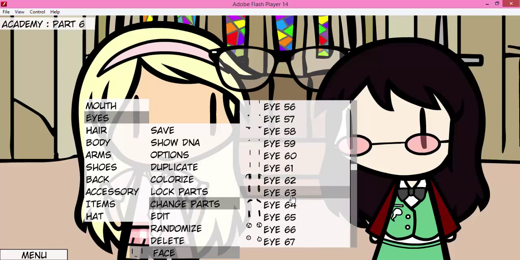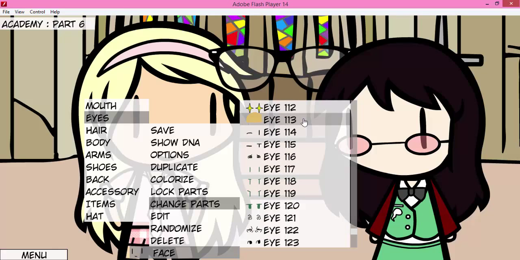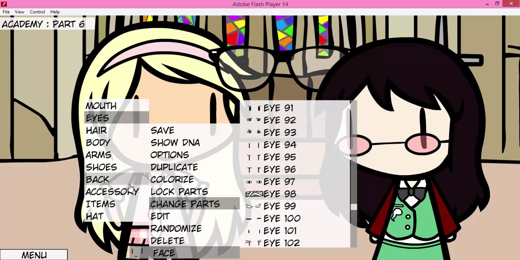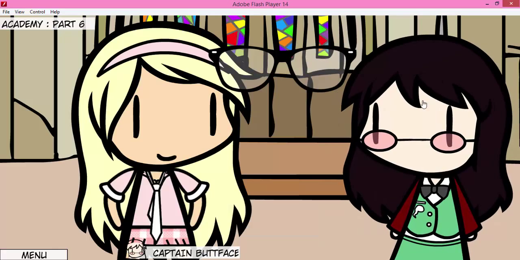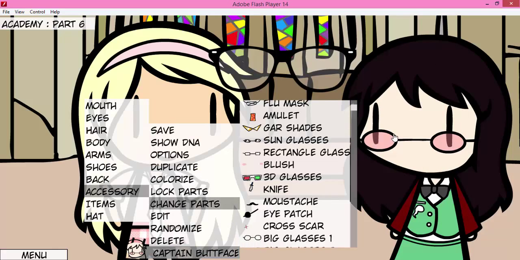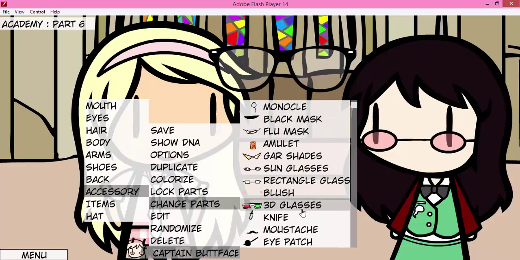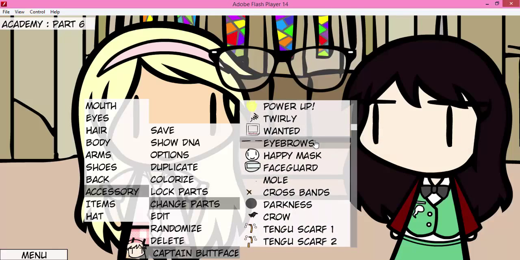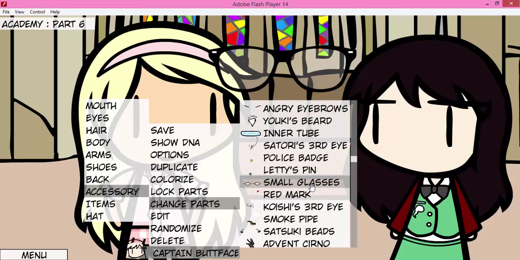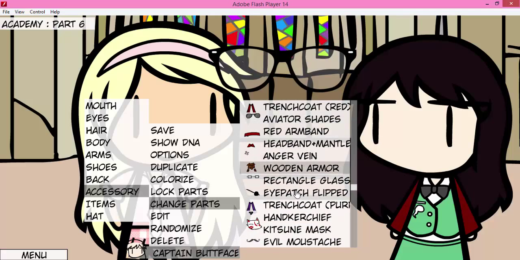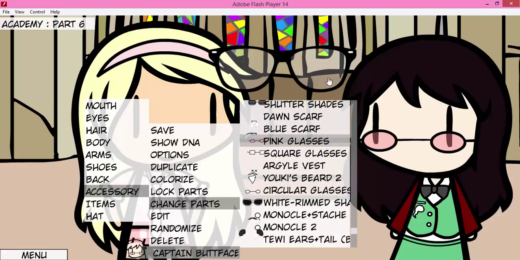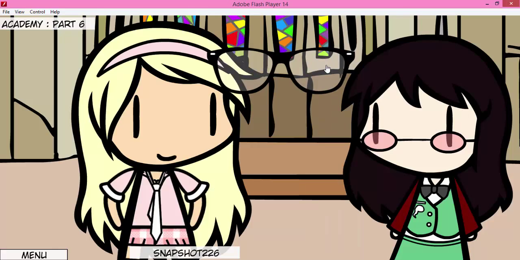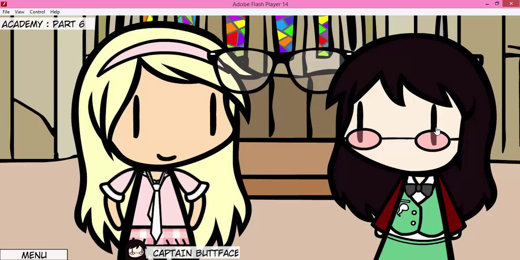And you know the benefit of having a custom prop as your author avatar? You don't have to worry about using accessories. Let's say you want Alyss to have angry eyebrows. Since she has an accessory of the pink shades, she really can't have that, because let's say eyebrows, they disappear, and who the heck is this? This is not Captain Buttface. So we have to go back and get her pink glasses right here. So if you have a character with facial accessories or anything in the accessories, I suggest that